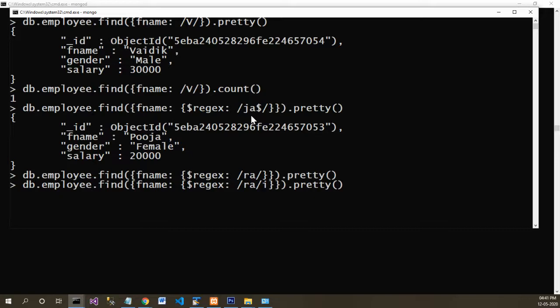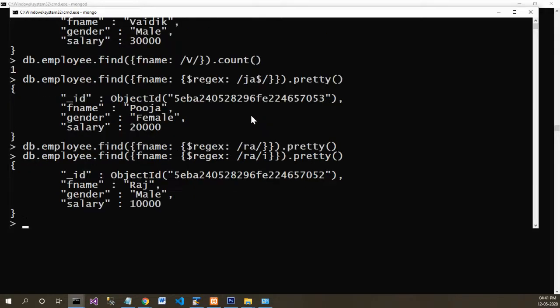Within a regular expression, this i stands for ignore case. It means check the characters, don't look at their cases. So if you run it, it will find the record. That is the difference between this regular expression and this one. If you do something like this, it will search for the exact case, and if you do something like this, it will ignore the case and search the data. Okay, so this is how you can work with regular expressions. You can provide some more data within a regular expression as well. So stay tuned. Thanks.